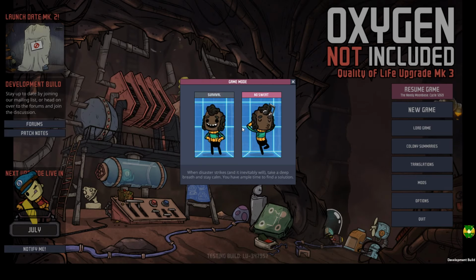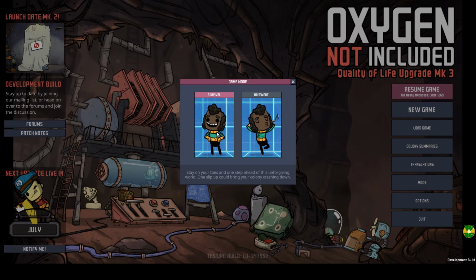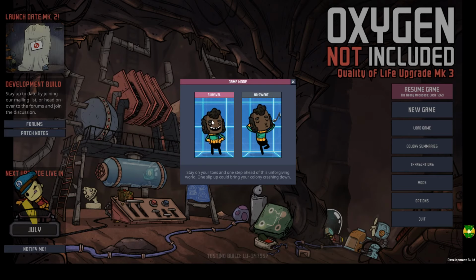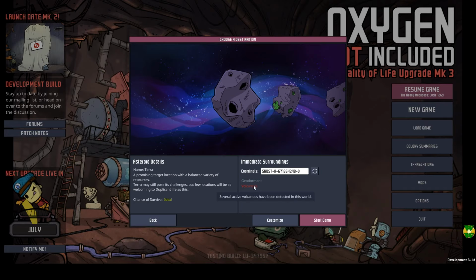Survival, and I think, unless they've changed it, No Sweat's actually only like 1 setting easier on each of the difficulty settings. So unless they've changed it in the last couple of versions, which they could have, to be fair, I'm fine with Survival. I've played this, like I said, 5 or 6 times, so I'm fairly comfortable, even though they've changed a lot. Some of that stuff that they've changed is now, as you're selecting a random world,